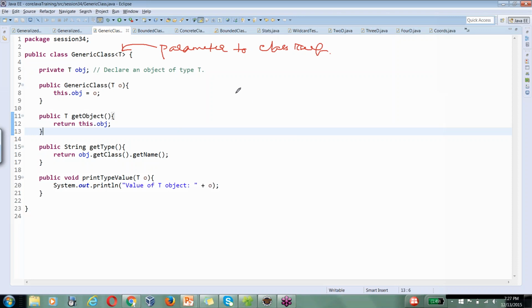Class itself. This is similar to what you can associate with methods, any method, void some method, and within the parentheses you specify some parameters, right? Method parameters. You specify some method parameters, right? Similar to that,